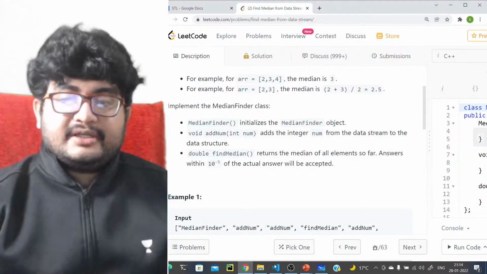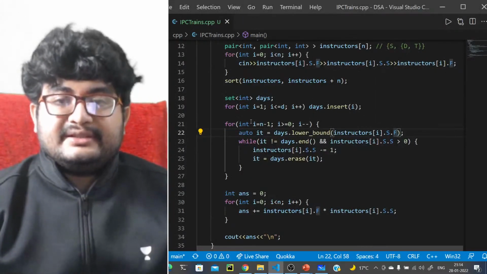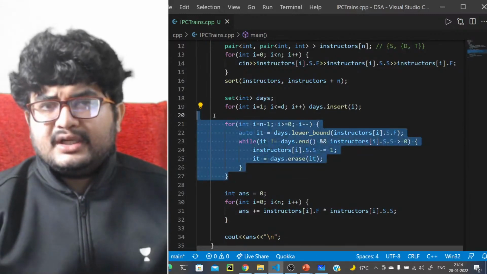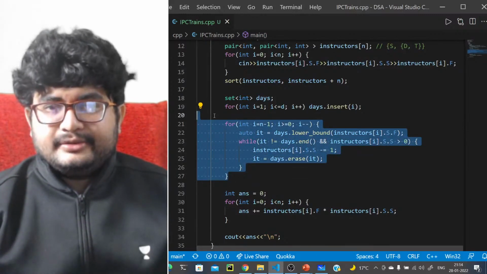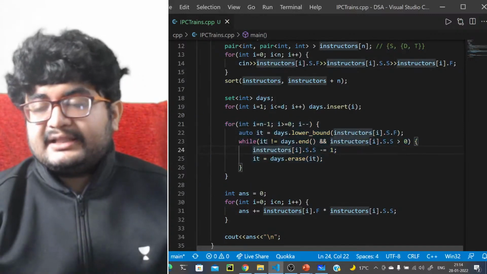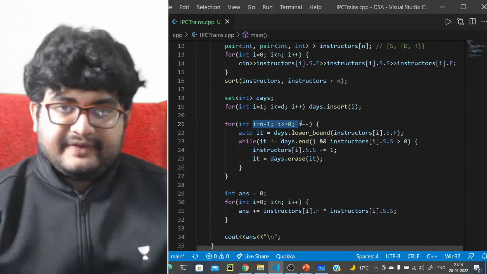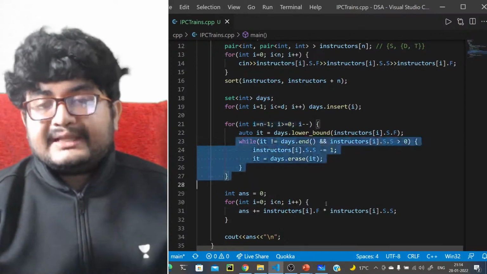Time complexity, sure, I'll do that again. See, although it looks to you that we are actually going through order of n into d, right? Because inside this there is another loop that's running. But just look into this. We are going through this. This is order of n definitely. What is the total complexity of this?